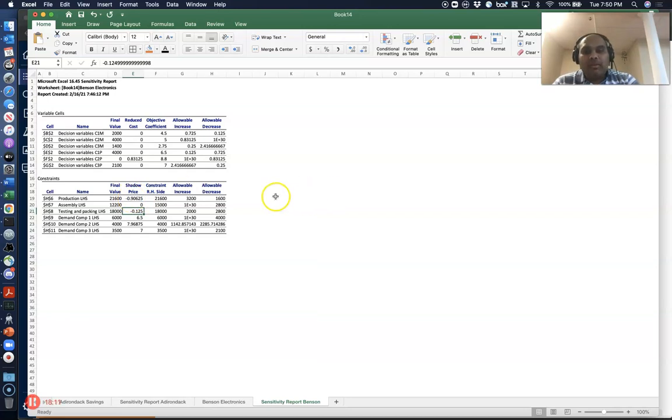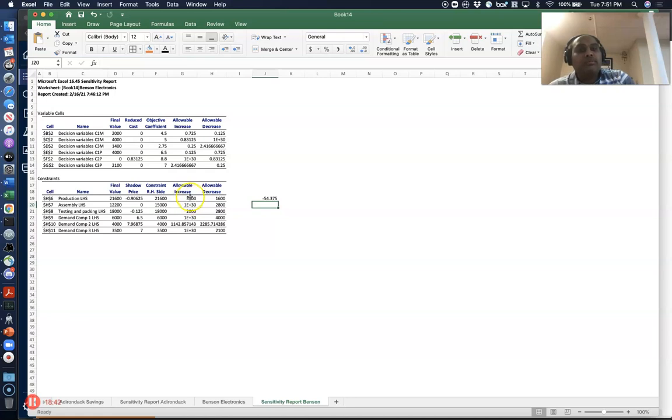So how much is an hour worth? An hour is worth 60 times this. So each minute is worth 90 cents, and each hour is worth about $54.38 approximately. So you're saying that if you have an extra hour for production, then you can reduce the overall cost by $54.38, right? Now, the problem here is that you cannot increase this by an hour because the allowable increase